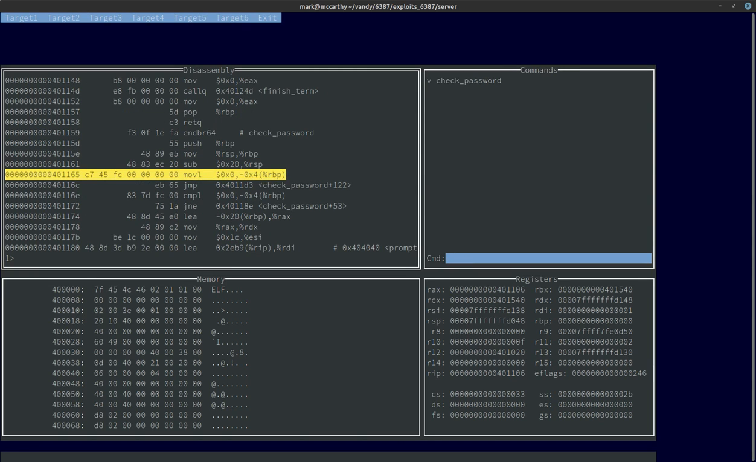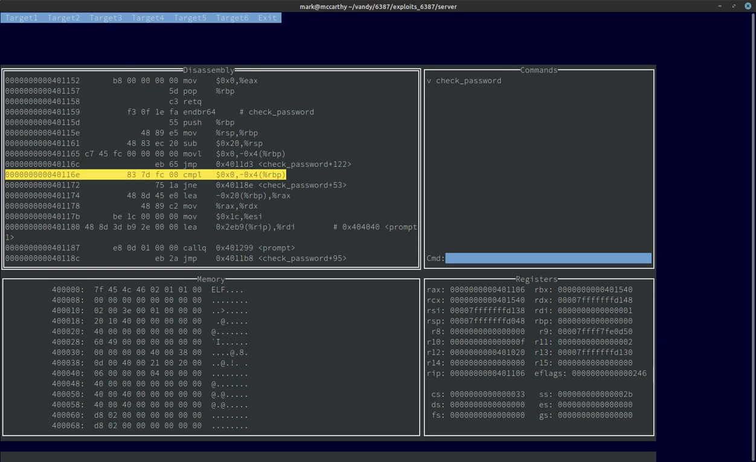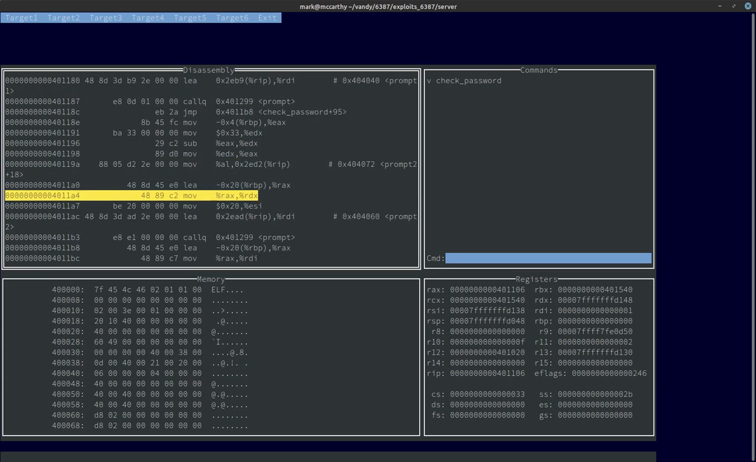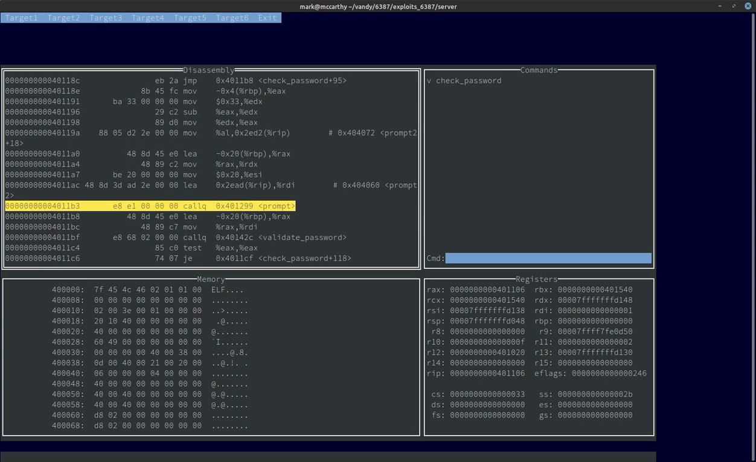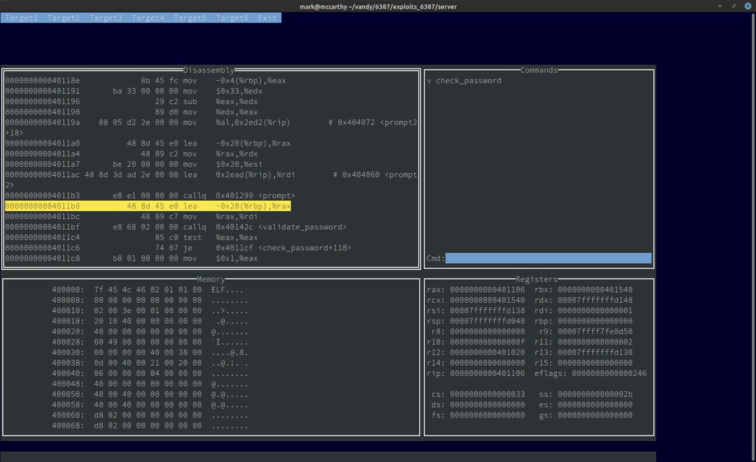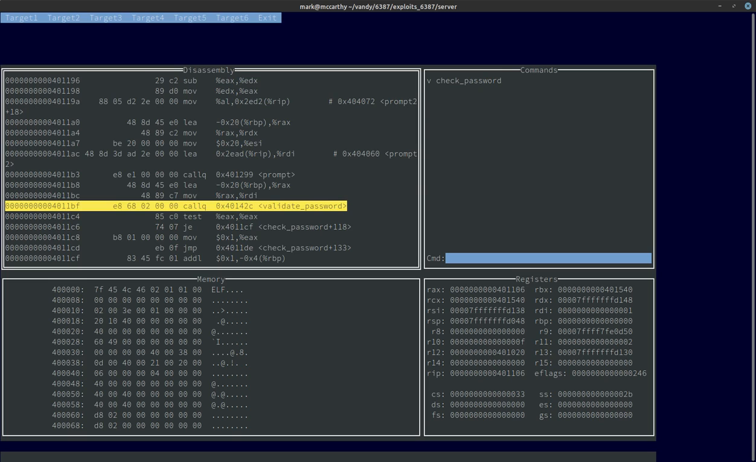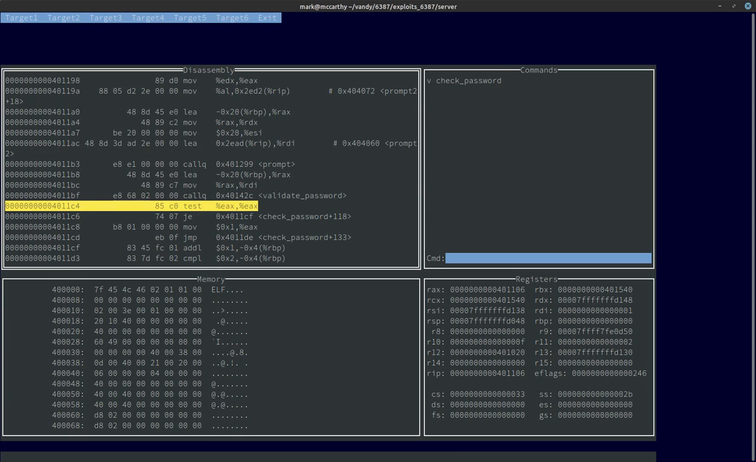This is where it's setting up the stack. This is the top of the loop where it's, I guess, counting how many times you've entered a wrong password. It's prompting you here. Here's where it presents the other prompt, and then right below that is where both of the prompts end up, which is where it validates the password. So we see it calls the validate password routine, and then it tests the return result, which is in EAX,